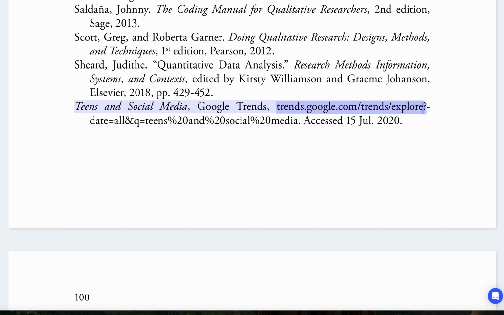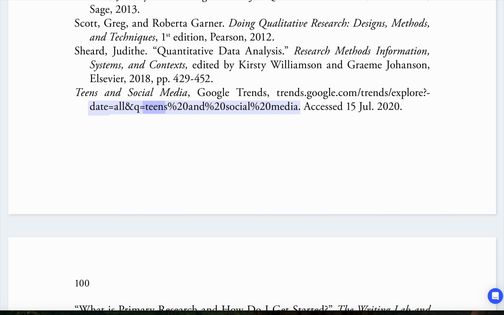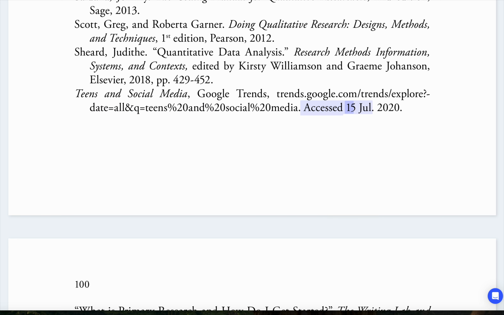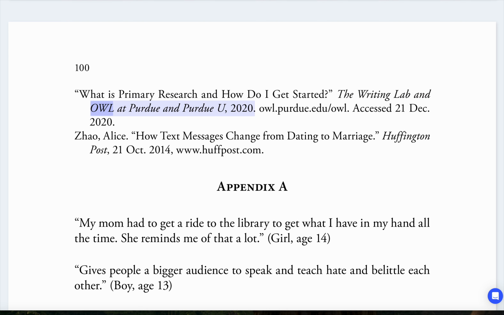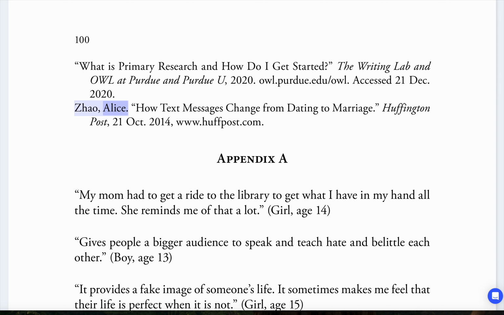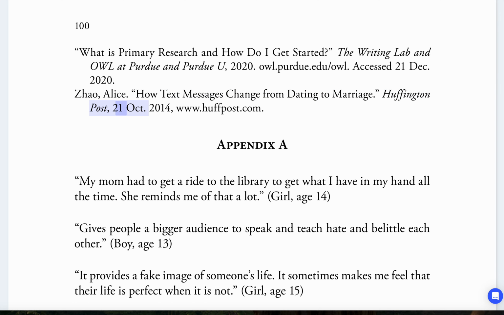Google Trends, google.com/trends/explore. Date: all, Q: teens%20and%20social%20media. Accessed 15 July 2020. What is primary research and how do I get started? The Writing Lab and OWL at Purdue and Purdue University, 2020, owl.purdue.edu. Accessed 21 December 2020. Jout Ellis, How Text Messages Change From Dating to Marriage, Huffington Post, 21 October 2014,